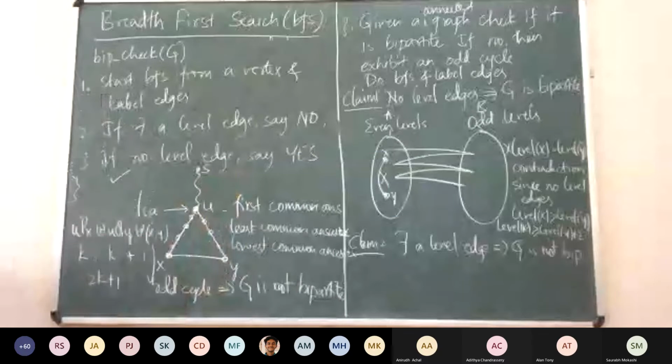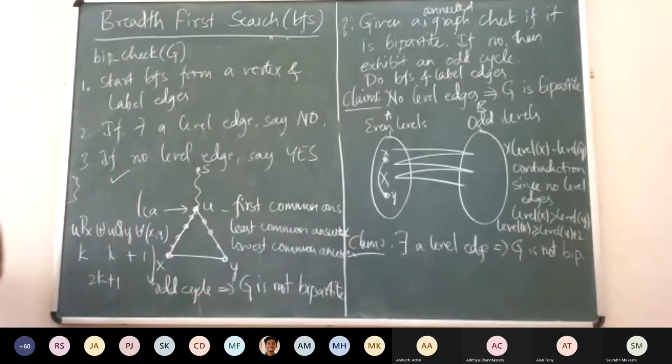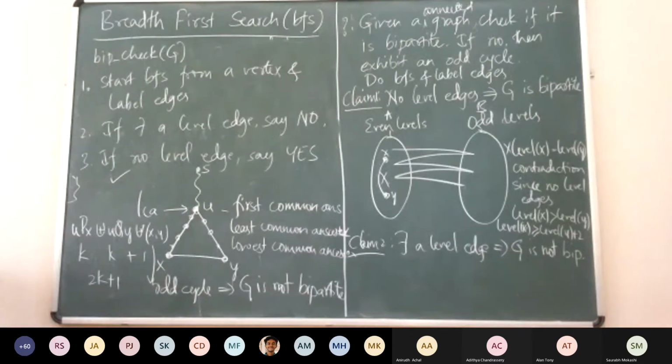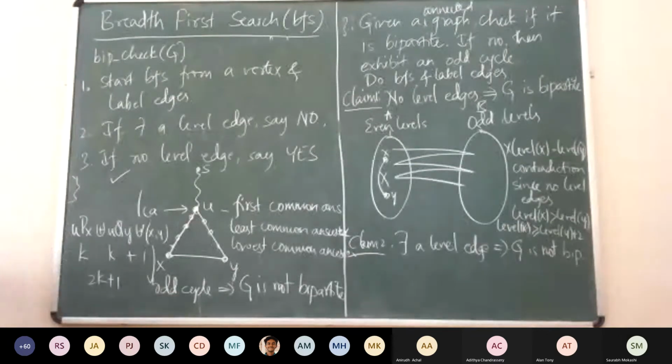For each edge, you know the levels of these things, right? So based on that, you can mark it as a tree edge. In the traversal itself, you can always mark the tree edges. Once you take any other edge, if it is in adjacent levels, it's another edge. If it's in the same level, it's a level edge, right? So you can keep doing this and that will be fine. Okay, good. So you can always label these edges.